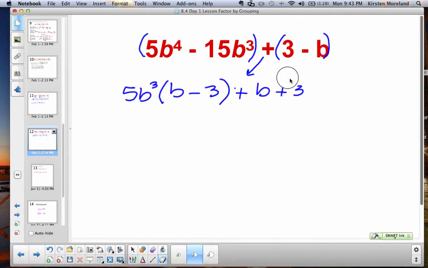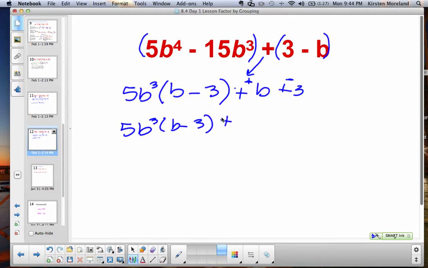Here, let me rewrite that. So originally, this was a positive 3 and a negative b. It's basically like I'm going to be multiplying the negative through, so I end up with a positive b and a negative 3. So I get 5b to the third times b minus 3